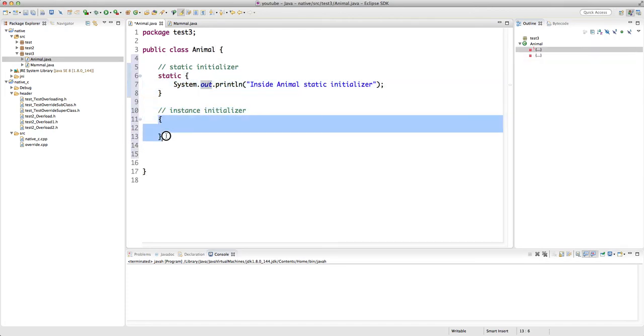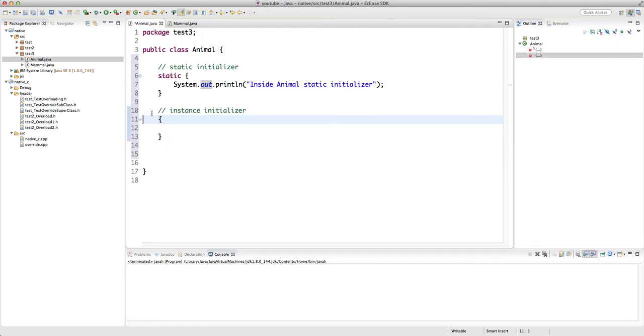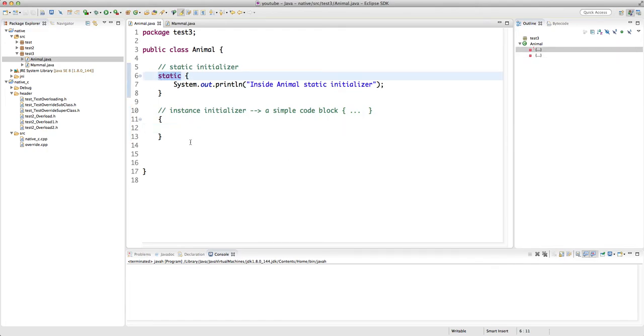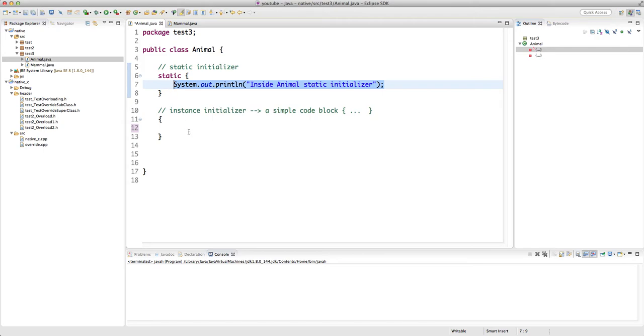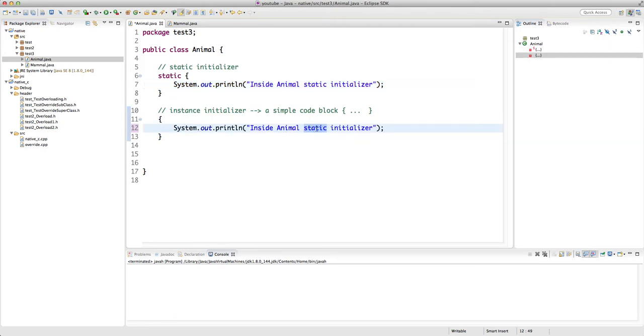So basically it's a code block. A code block is specified by 2 curly braces. So it's basically a simple code block, which is code that is between some curly braces or curly brackets, but it doesn't have the static keyword in it. So let's just copy and paste this inside animal instance initializer, and then let's also give it a constructor, public animal,